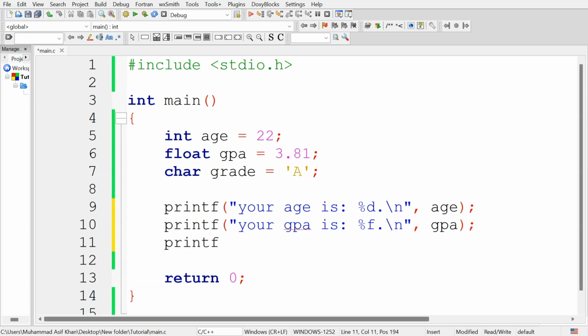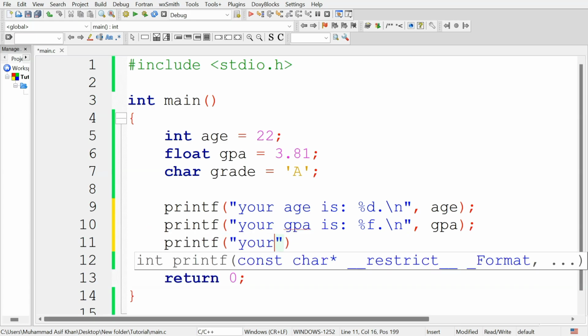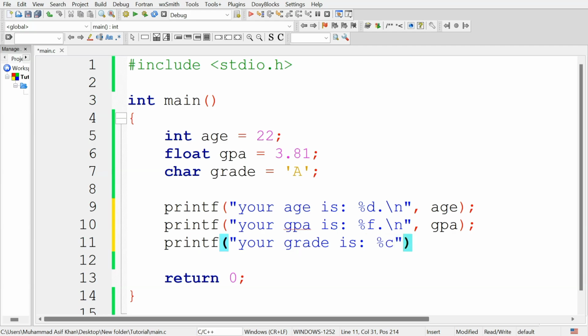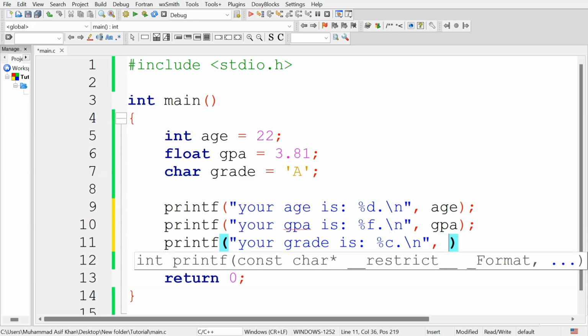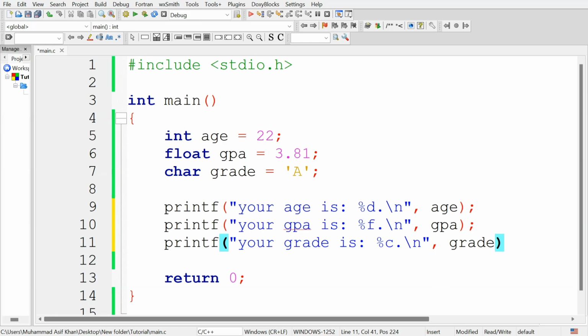And printf, "Your grade is" %c, which is the format specifier for the character data type, and end the line with \n, and give this the variable grade as argument.